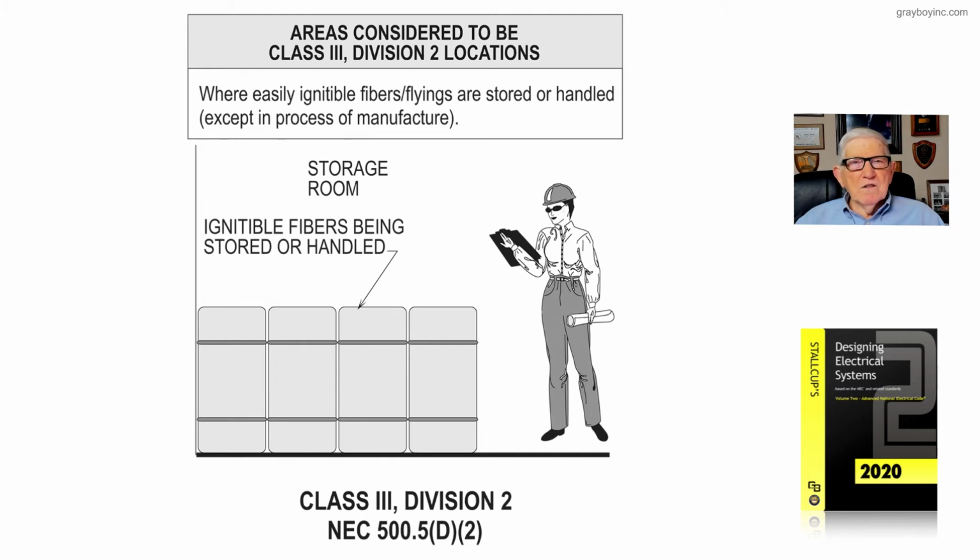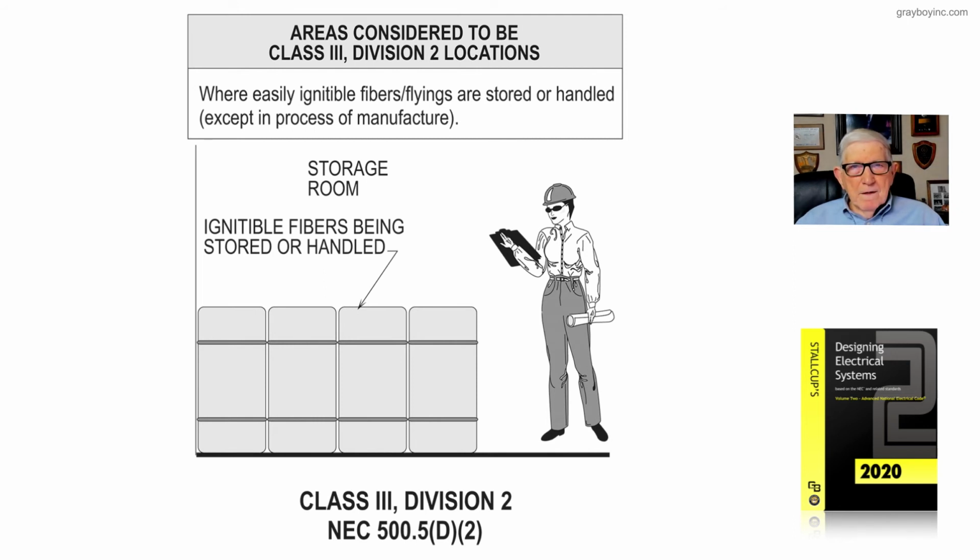And then you look at the size of them. Are they too large to get into the air and where an arc, a spark could get to them? That kind of thing you need to look at. But you won't find that in the NEC. You have to go over to NFPA 499 and reference starting with your section